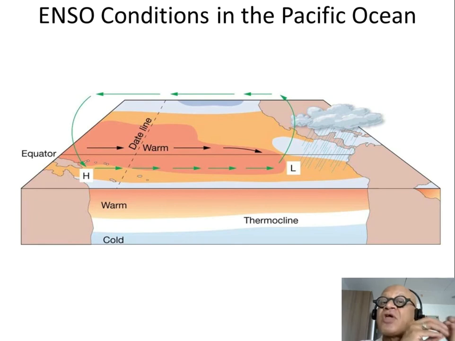So we will see slowly that the anomalously colder temperatures in the west make for way below normal rainfall over Indonesia and parts of Australia. They lead to dust storms and so on and so forth because of this drying, forest fires, etc. There are human factors involved, but nonetheless. And in the east, all the way from South America, Central America to North America, you begin to have anomalously warm temperatures and anomalously wet weather.